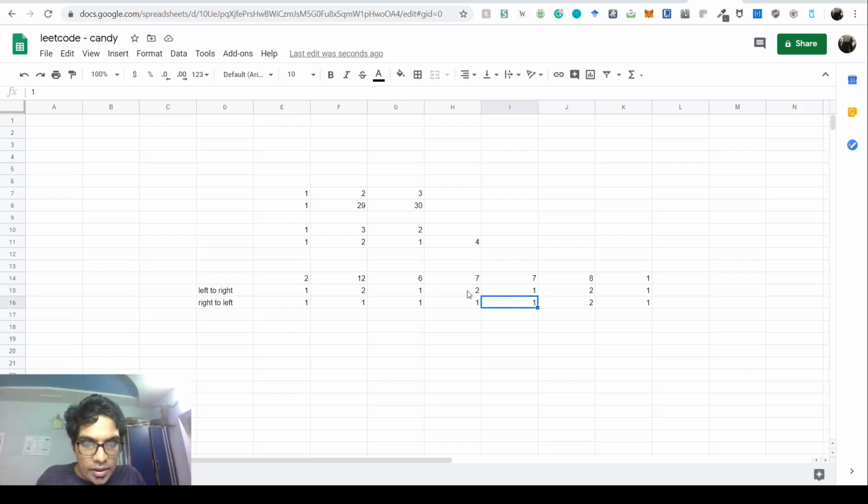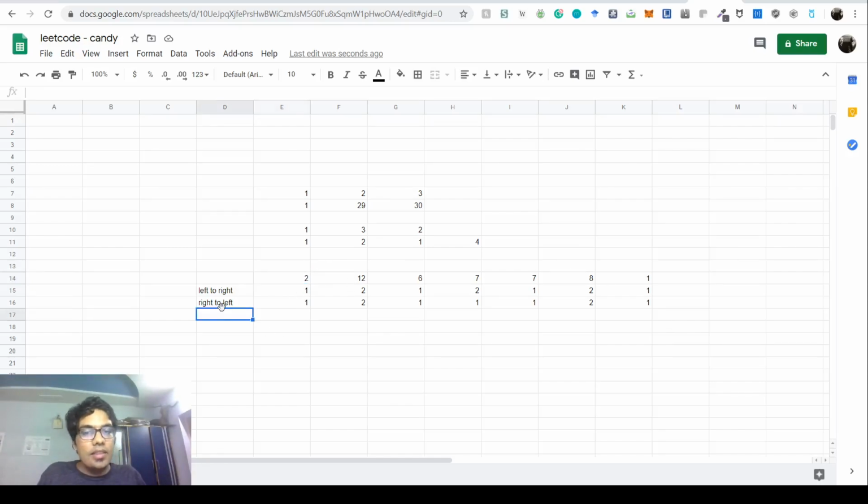This does not have a bigger value than this, that's all right. This does not have a bigger value than this, so this is all right. Now this has a bigger value than this, so if 6 is getting 1, this should at least get 2, right? And if 12 is getting 2, then on the right side we look at 12 and 2. When you compare 12 with 2, the person with 2 has less than 12, so this is all right.